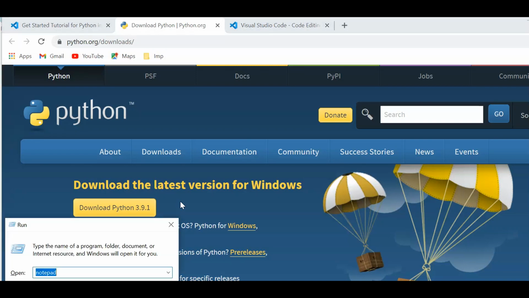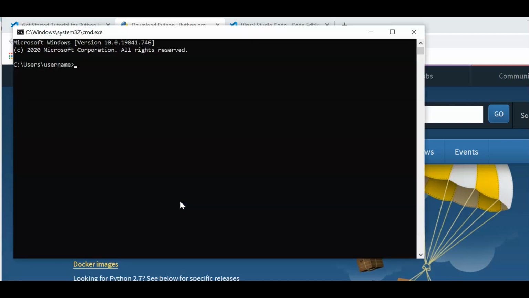Just to check, once you have downloaded and installed Python, you can double check whether the installation is successful or not by using this command: py --version. If you are able to see the version which you have installed on this command prompt, it means Python is installed successfully.